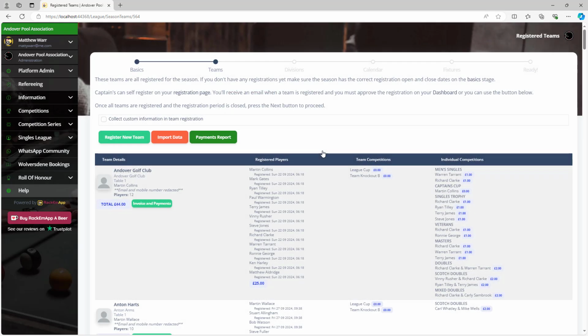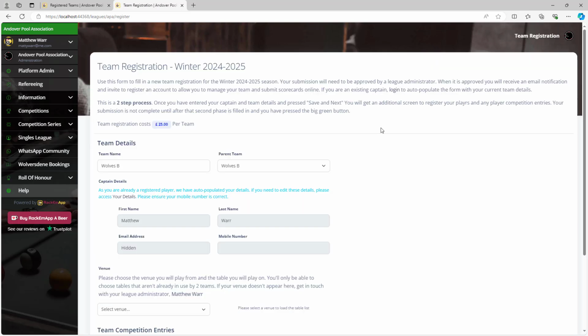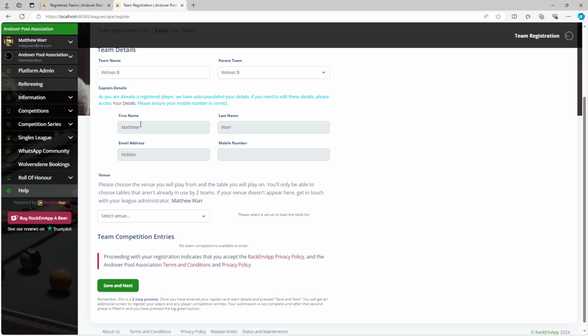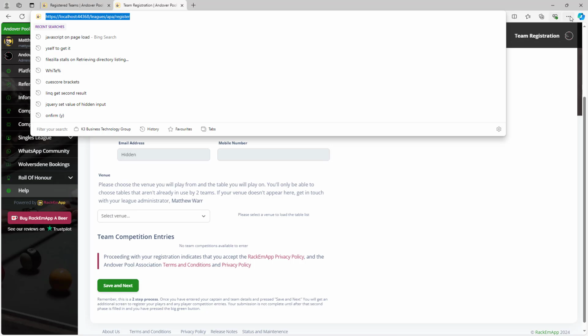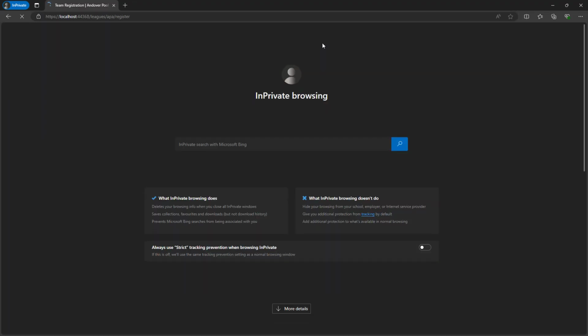Now the other option that is here is within your main website, and if I click on this and open it in a new tab, we can see that I can do online team registration. We can see here the season registration is open. I've got 39 teams registered at the moment, and I'm going to press register team to do my team registration. Now what this has done is it's detected that I'm already logged into the system, so it's actually pre-populated my captain details. However, if I were to open this in an incognito window, just to show you what it looks like as a completely new captain,